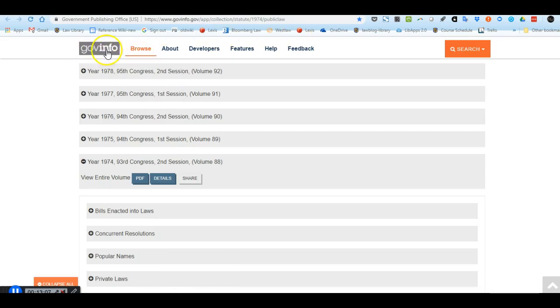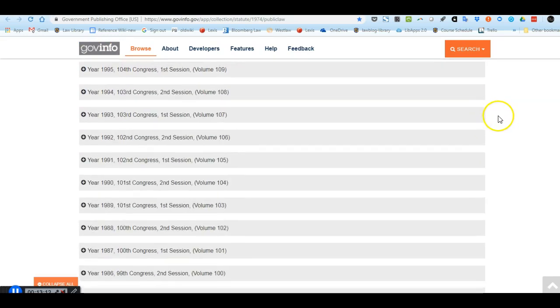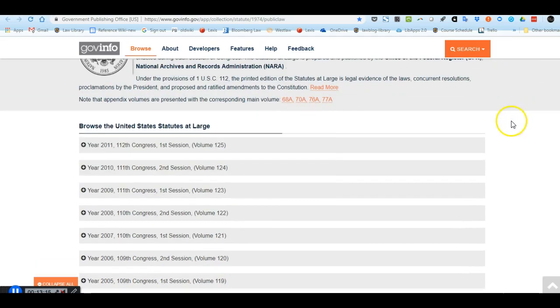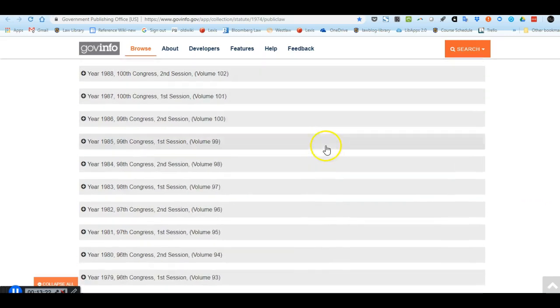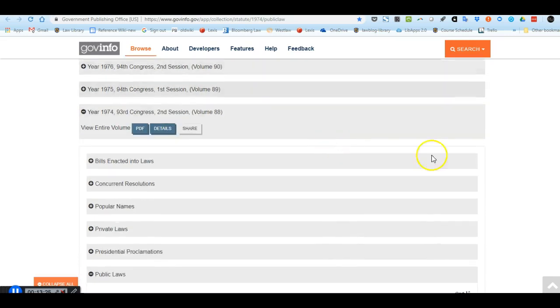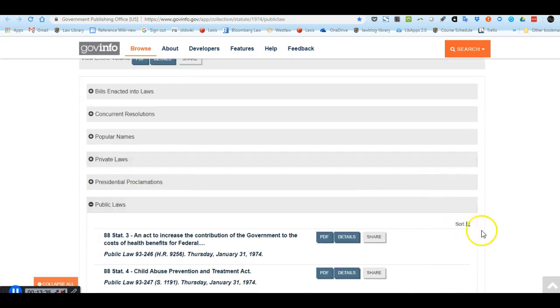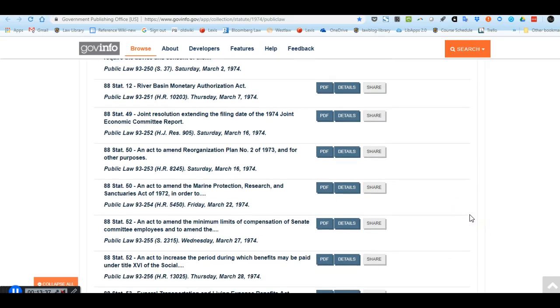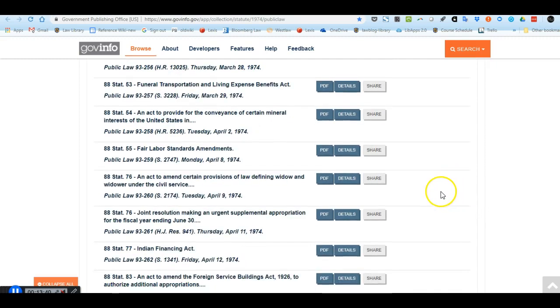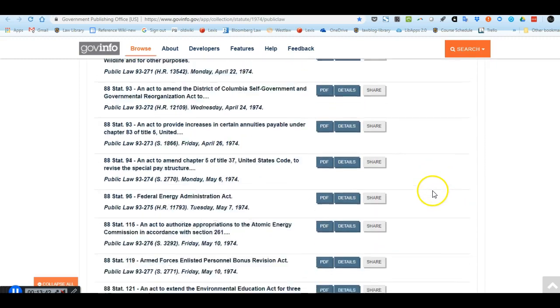So I'm here at a website called GovInfo. We'll be talking about it quite a lot later on. And here are the different volumes of Statutes at Large, going backwards chronologically. So the latest it has is from 2011. You can see it's volume 125. So all I did is scroll down to volume 88, which again is where our public law lives, volume 88 of Statutes at Large. And then I found, again, because it's numerically 88, and we know it's 88-229, just checked it out, and scrolling down,